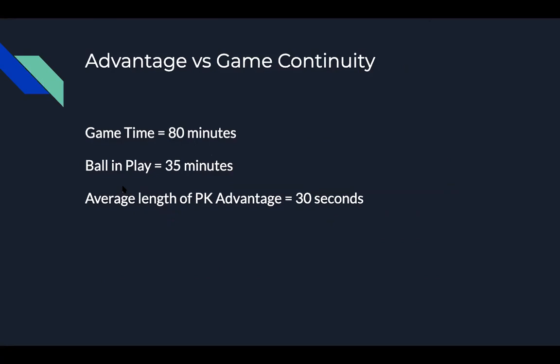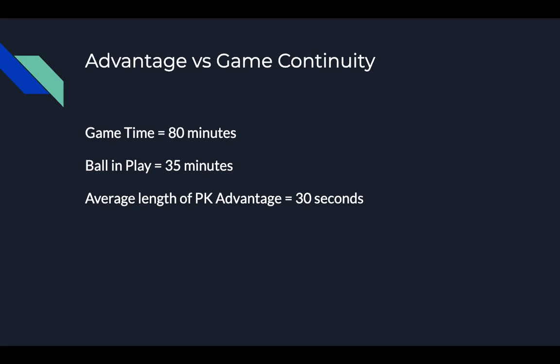In both games, 80 minutes is your game time. Your ball in play takes out any time after you blew the whistle, you're all walking to form a scrum, before the ball's put in the scrum, you're forming the line out, the ball's been kicked to touch, after a try's been scored, you're gearing up for a kick. All that doesn't count. So World Rugby's done stats, and we're going to say for the purpose of this exercise,